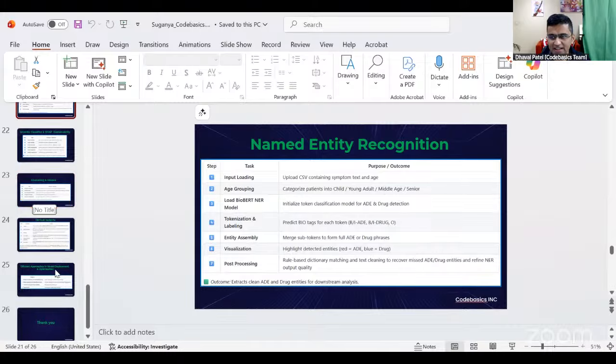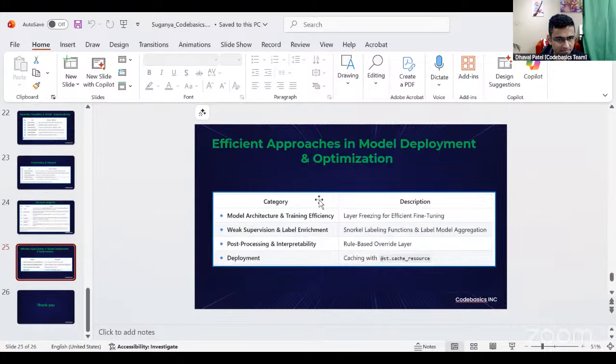So these are some of the approaches which I found efficient while training and optimization. Layer freezing saves you a lot of compute time and memory. I froze all the bottom layers and kept only the top layers for training, and this saved a lot of time. Previously, it used to take around 2 to 3 hours for the model to run, but this was reduced to 50 minutes.